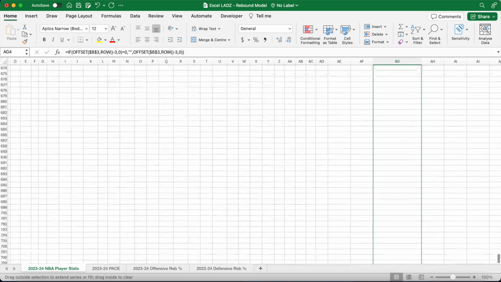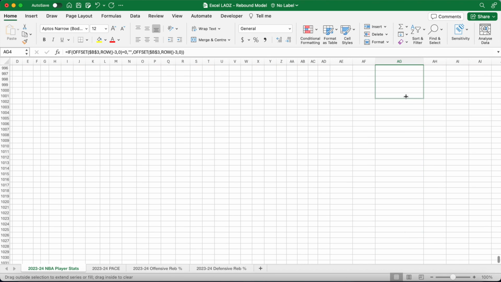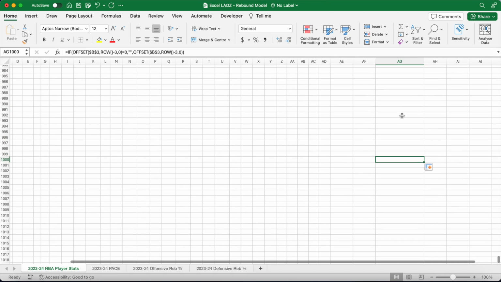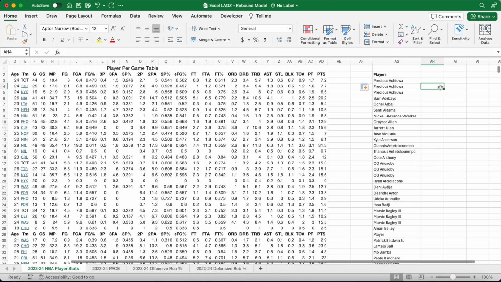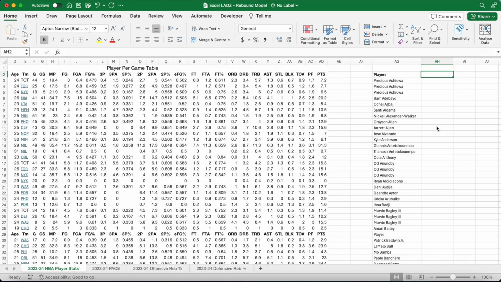This column collects the list of players in the NBA per game player stats dataset, and it's just the first step of cleaning the data so that when we make the final dashboard and choose a player to project their rebounds, we're able to get a unique list of players and not have to repeat any players that have been traded throughout the season. Now in cell AH2, put the header number of teams, and here I'm going to enter